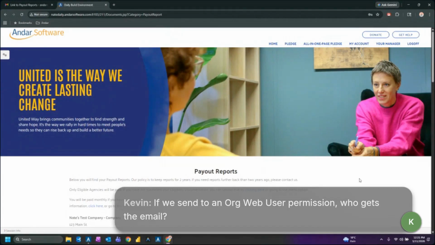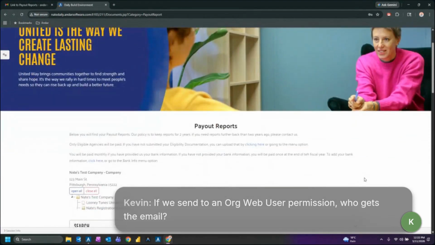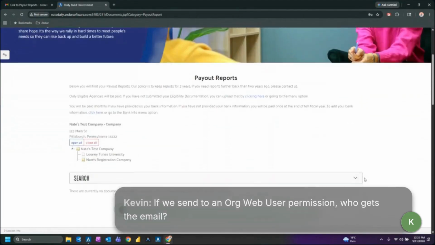A lot of United Way agencies had a payables at agencyname.org. You can put that on the organization account in Andar, and it can be sent to that agency, and it gets recorded on the communication log, recorded on the organization account itself. So,